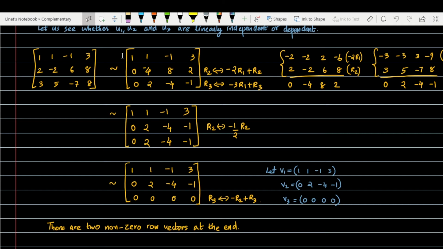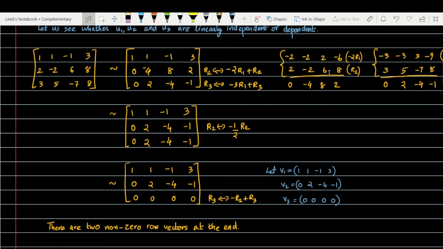In the first row you have 1 as the first non-zero entry, so you are done with the first row. You need not change the first row. In the second row, since you have the 1 here, you have to make the 2 and 3 into zeros. So you need to think accordingly and do the row operation: the row R2 is changed to minus 2R1 plus R2. So this is the minus 2R1.